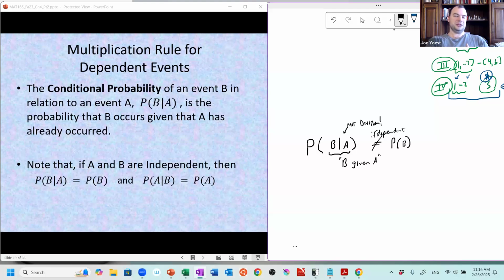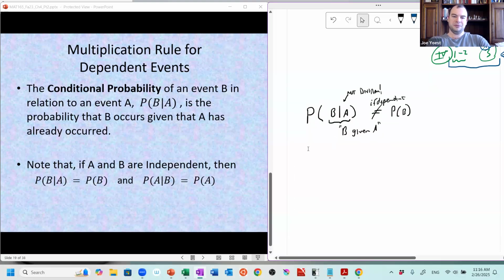So if I ask just as a general question, what's the probability it snows outside today? And I don't know what day of the year we're talking about. So on a given day, what's the probability it snows outside? You might say, I don't know, 10% or something. And then I say, well, what's the probability it snows outside given that it's less than 20 degrees outside? You say, oh, okay, well, less than 20 degrees places me kind of in winter. So maybe that probability goes up to 15 or 20%.